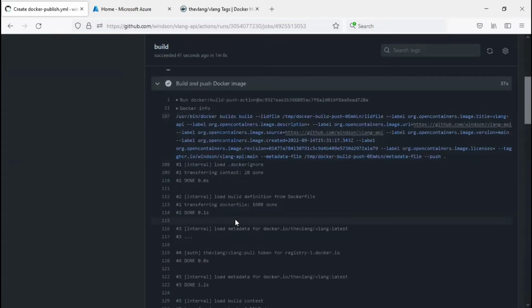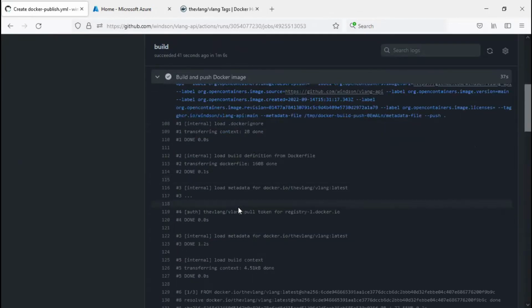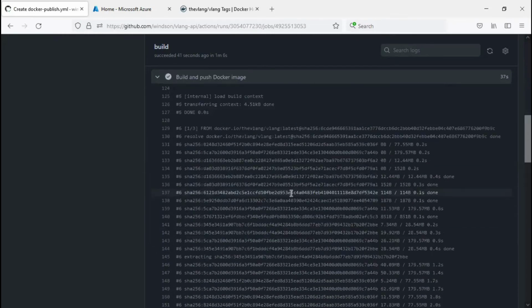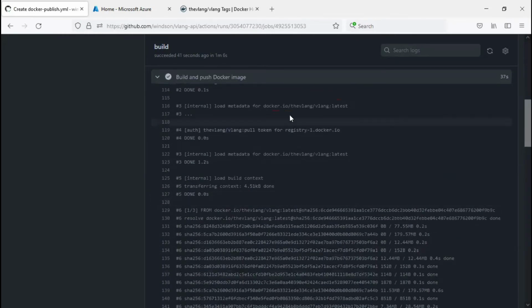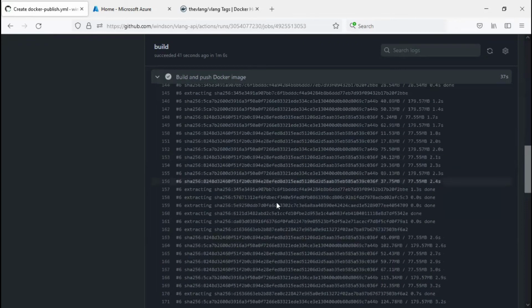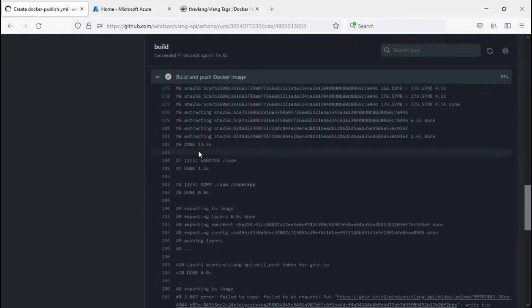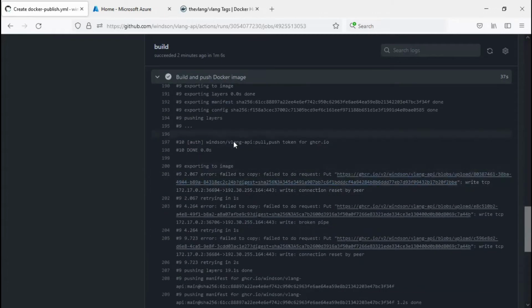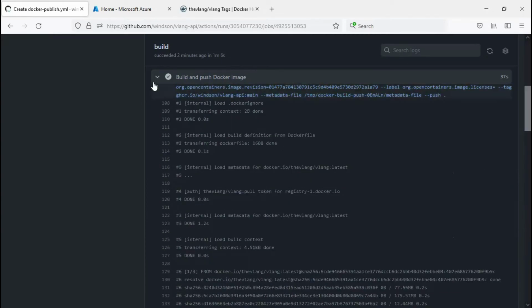If we look at the Docker build and push step, this has the actual code which is a replication of each and every line that we have defined in our Docker file. As you can see here, we are pulling the base image version, which is actually being pulled from the VLAN/VLAN repository available on Docker, and then we are setting the work directory as code. Then we are copying the app directory contents to code/app. We are actually building the image and finally pushing the image that we have built to the ghcr.io, which is GitHub container registry.